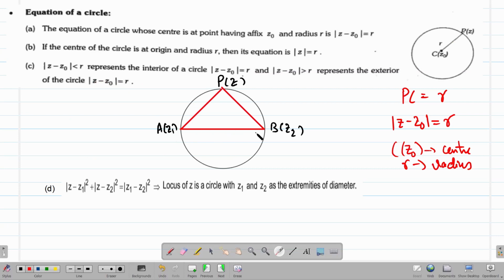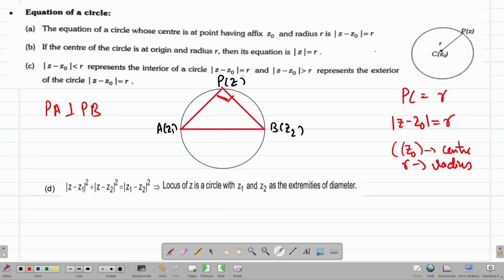Now here, if A and B are the extremities of the diameter and P is the moving point, and if this P follows the condition that PA is perpendicular to PB, then we can apply Pythagoras theorem. And as we know, this is the condition of a circle: if this point moves in such a way that the angle between PA and PB is 90 degrees, and if this point comes here with the same condition,